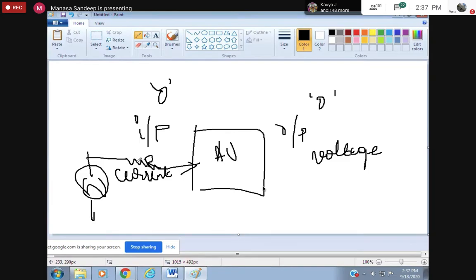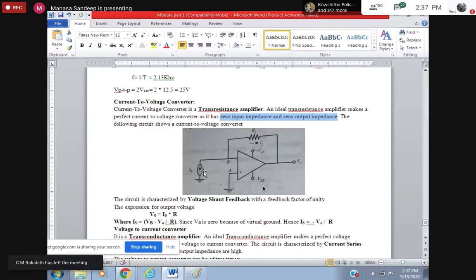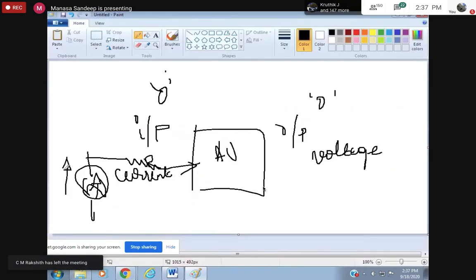Okay, so this input resistor, what should it do? The impedance of this input resistor should be as low as possible. See guys, this denotes the current source symbol. This arrow mark denotes that it is a current source. Normally this is where students make a mistake. Here you should specify it as a current source. If you write it otherwise, it is wrong, and you will not get the complete marks.